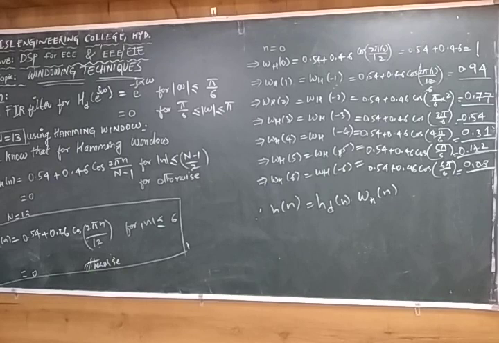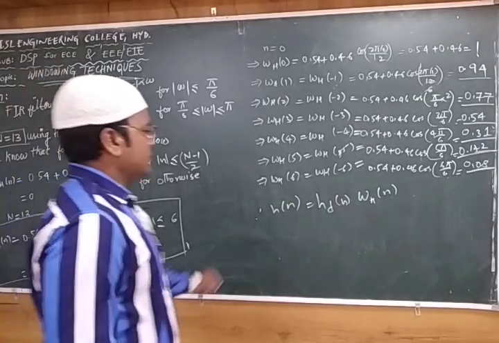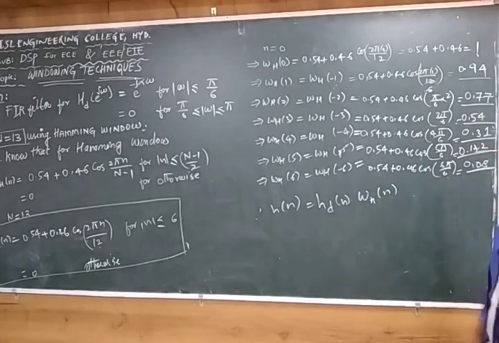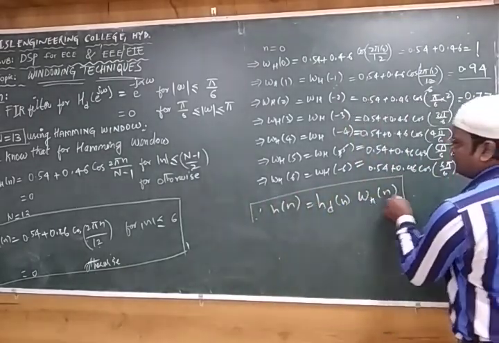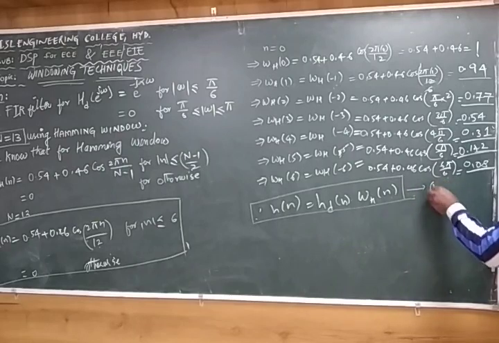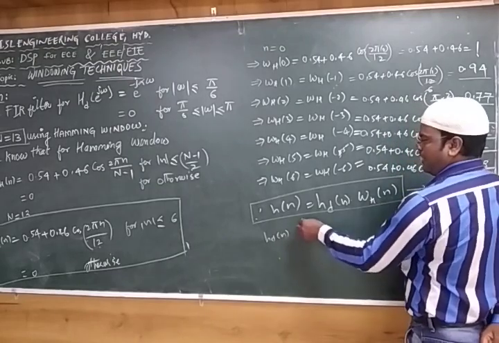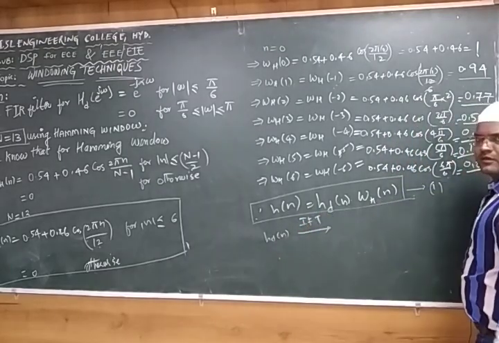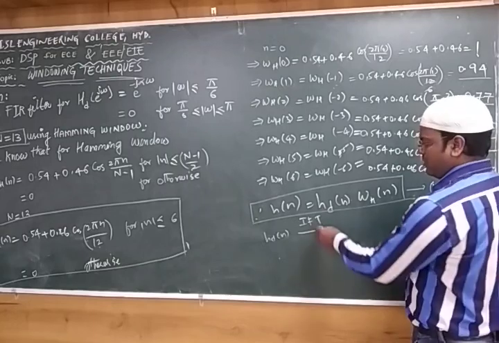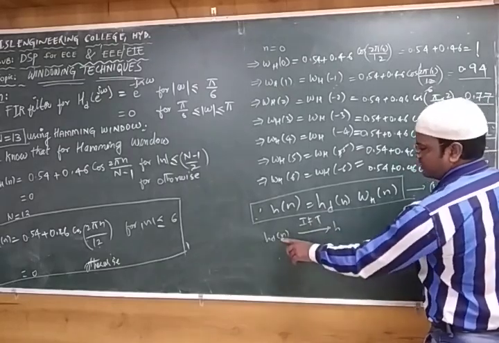To get h d of n, we first have to get the h d of n value by substituting in the inverse Fourier transform. By using the inverse Fourier transform, we will find h d of n, and then by getting h d of n we can substitute in the conditions. For getting this condition, we are substituting in this equation. For that equation, what do we need to get? We have to get h d of n, right? So, how do we get h d of n? By applying the inverse Fourier transform, right?